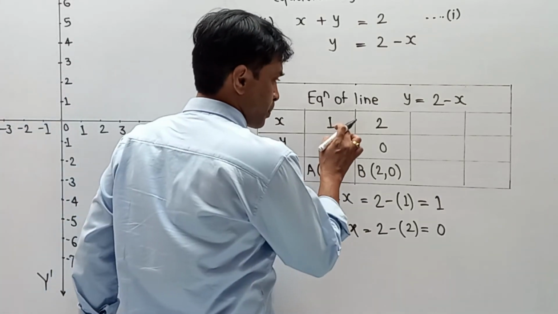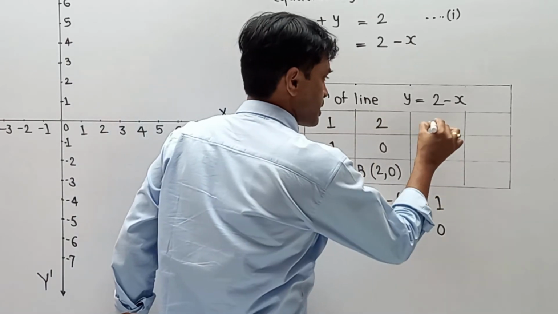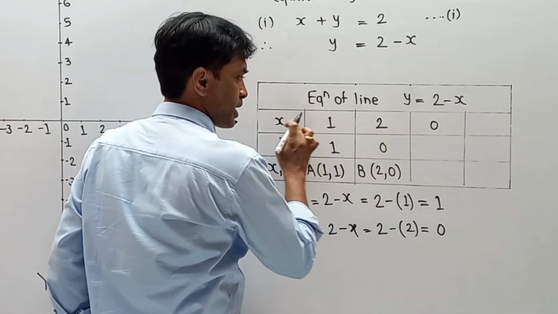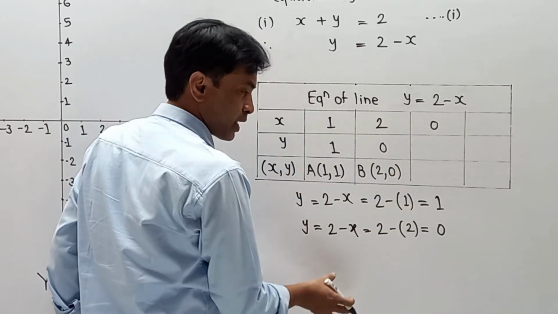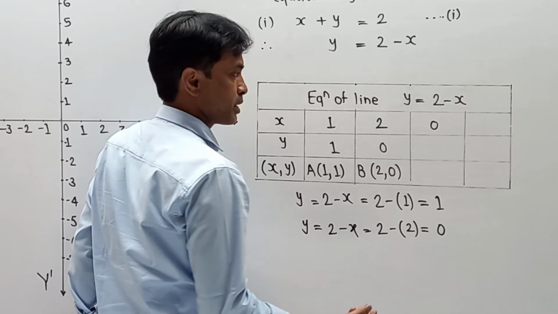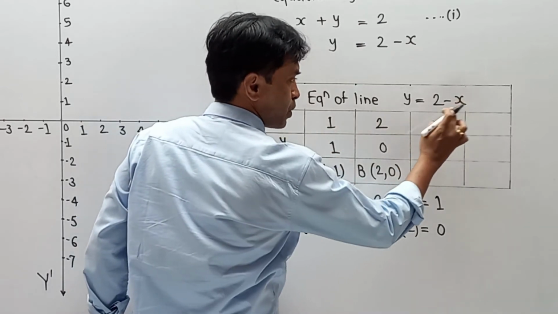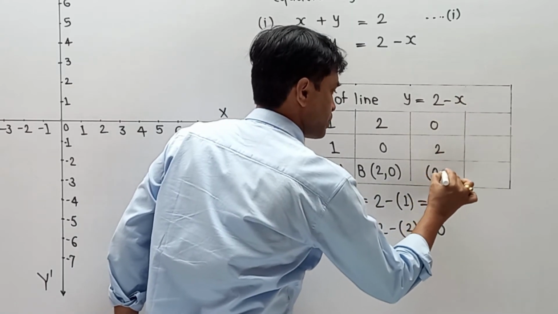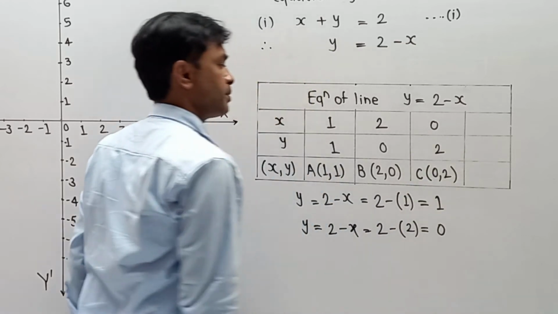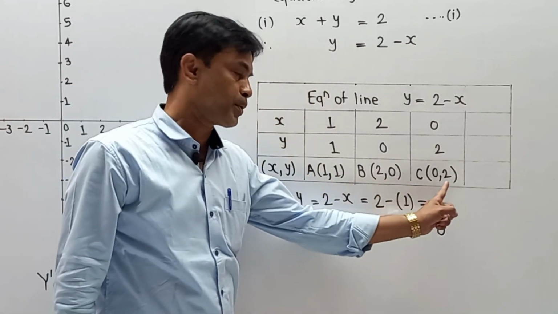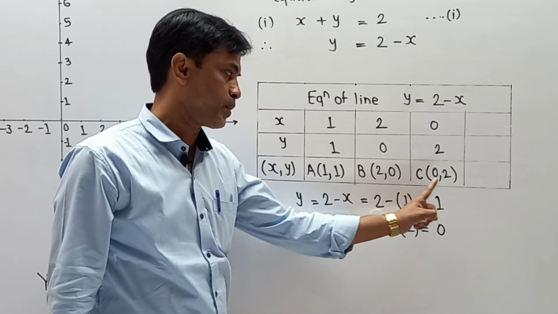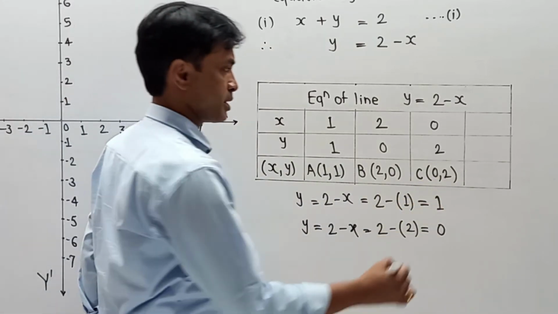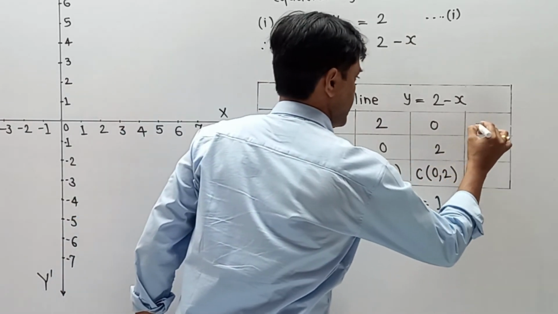Now, as I have taken plus 1, plus 2, I am taking the third value, that is 0. If I put the value of x as 0, instead of writing, I am going to do it directly. Please pay attention. If I put 0 over here, 2 minus 0 automatically remains 2, so my next point is 0, 2. I am going to call this point C. Again, these 2 points are axial points, because here the value of y is 0 and here the value of x is 0. You can also select a negative point, meaning the value of x as minus 1.